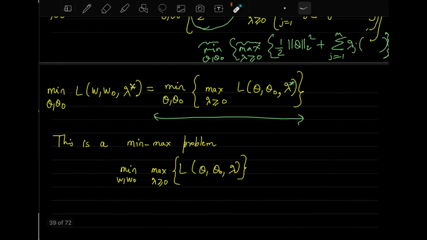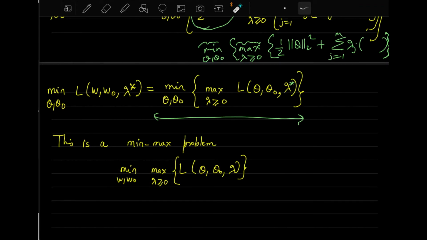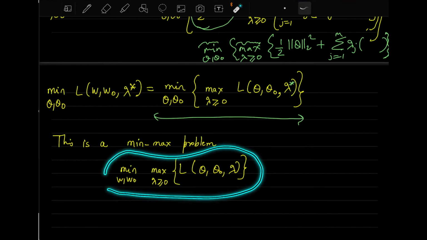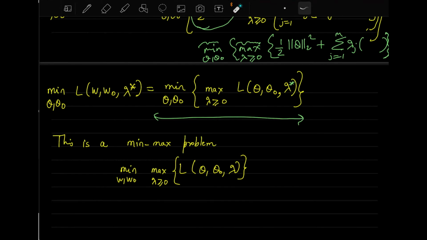This particular problem is called the minimax problem, which is a quite famous problem in the computer science area. You will find a lot of problems that actually arrive at this point where you want to maximize first followed by minimization. This is one of the most important problems that you will encounter in game theory. If you go to the advanced versions of these machine learning and reinforcement learning concepts, you will encounter that this type of problem is very common.